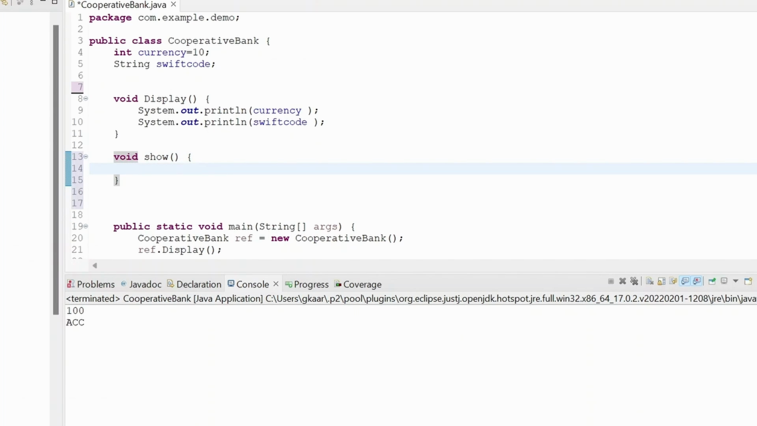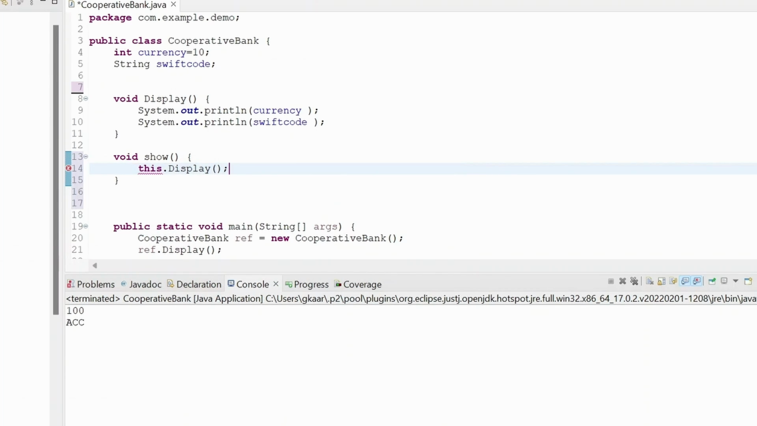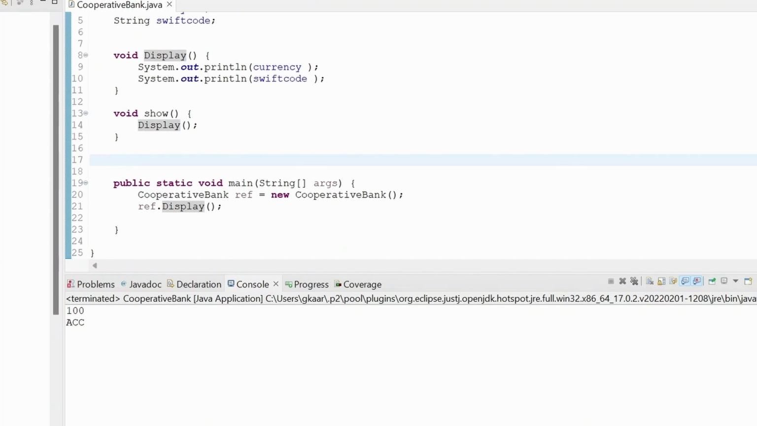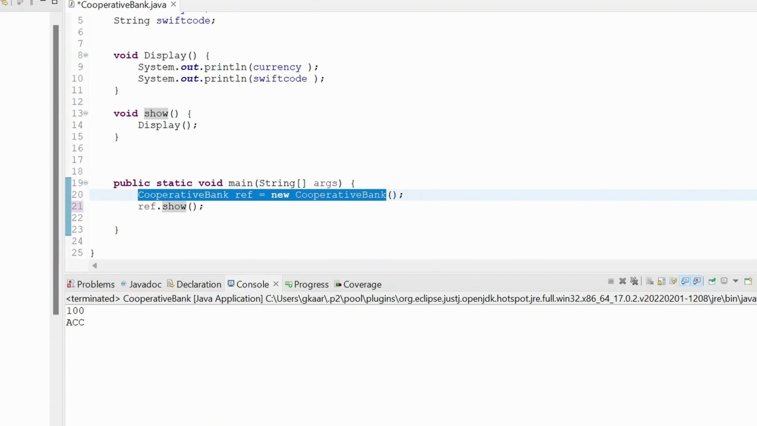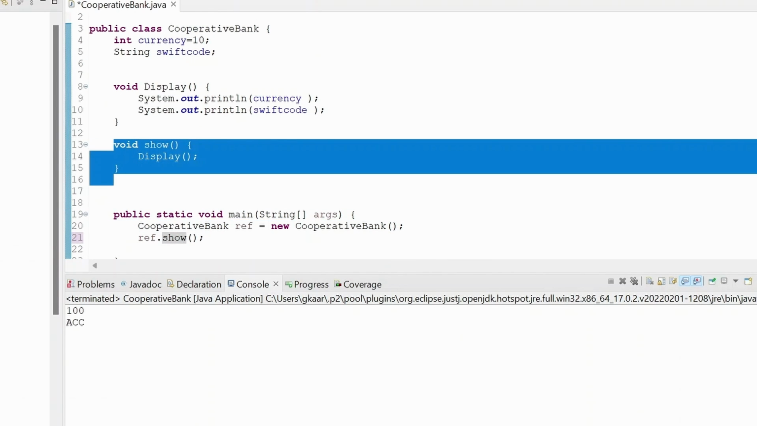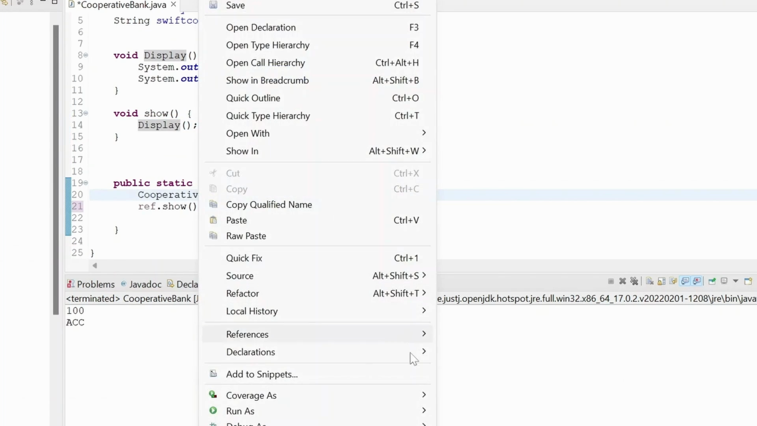So what do I do? I do this dot display. Basically I can just call public void display and display it. Now let's say I'm going to create a reference for show. Okay, so I'm creating an object and I'm calling only show. And if you look at the show, it does not have any signature in it other than calling the display method. So if I run this,